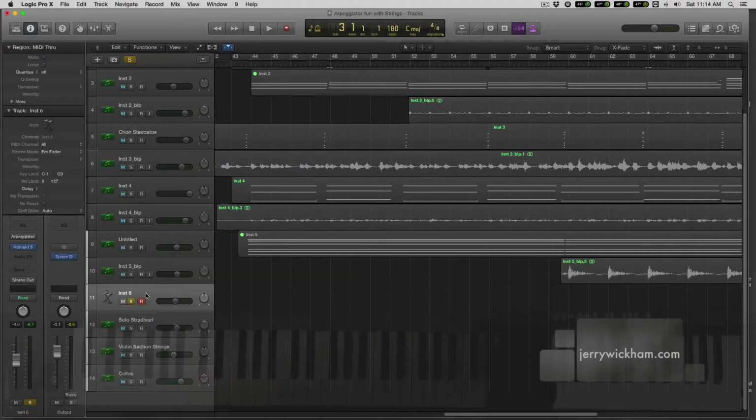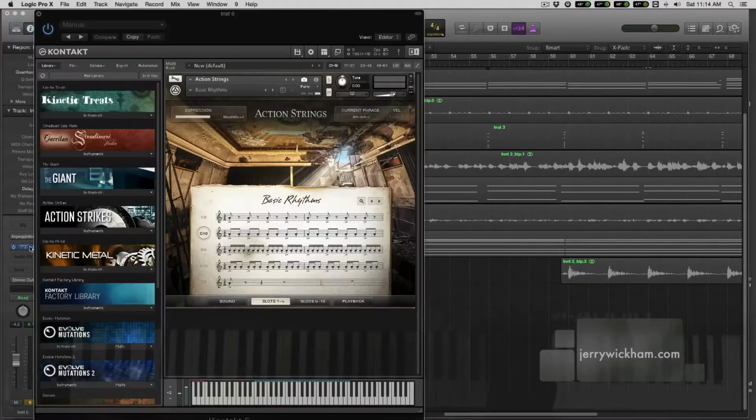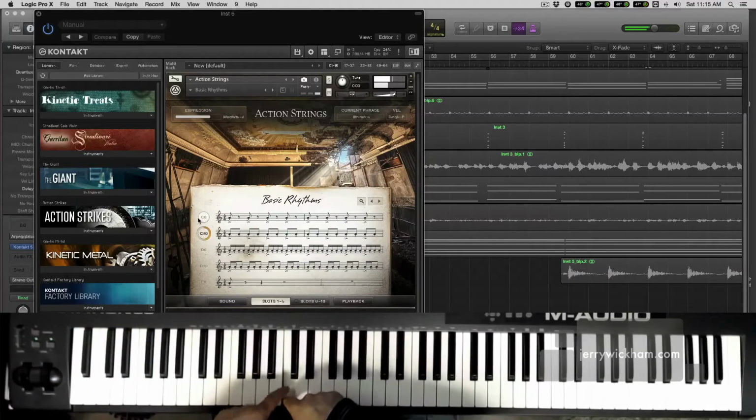I'm in Apple's Logic, and how I came across this technique was there's a sample library that already does this kind of thing. It's called Action Strings, and these are pre-recorded patterns that real instruments are playing, so it's going to sound very realistic because it really is a realistic instrument. And they've broken it up so that you can vary what patterns are being played. Like right now, this is okay. It's that one, and it'll cycle through it, and then it'll start again. But you can use these key switches